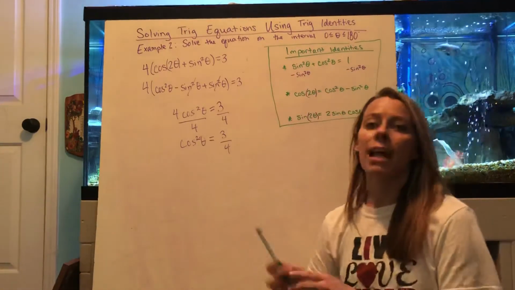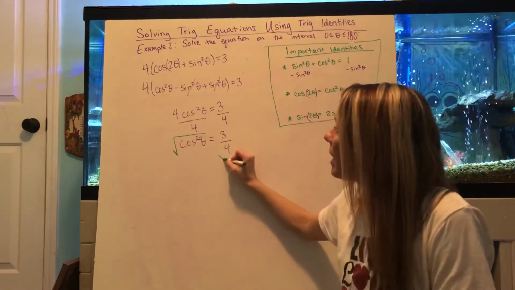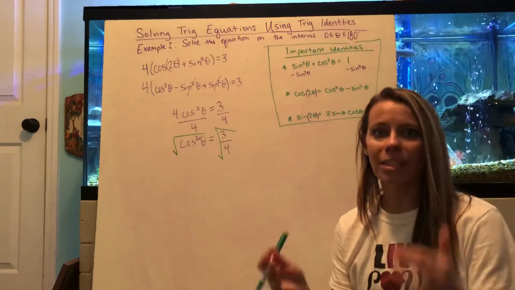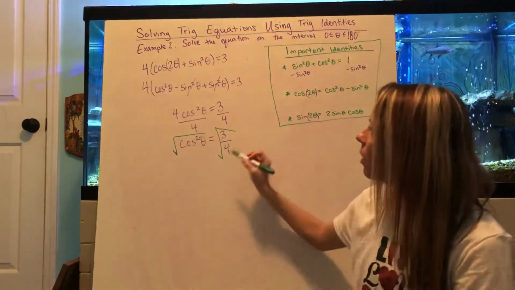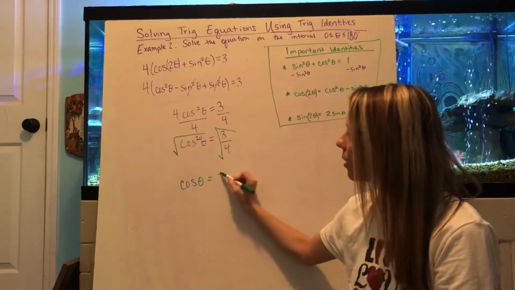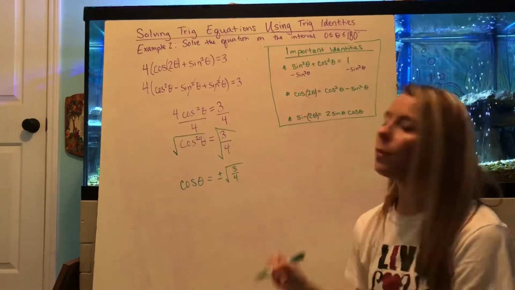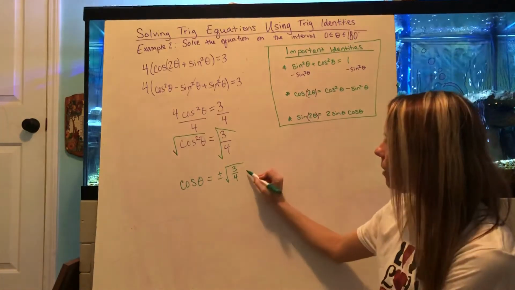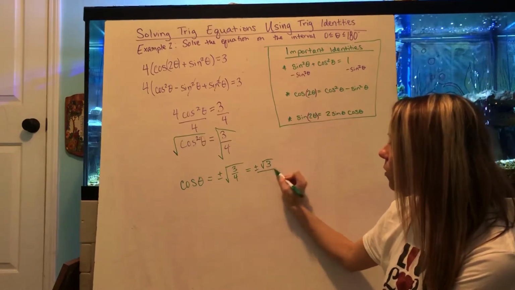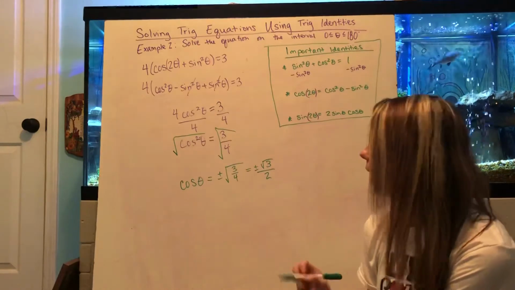From here, since that's squared, we're going to go ahead and take the square root. Be careful because just like in algebra, when you take a square root, it's plus or minus. So cosine theta equals plus or minus the square root of 3 over 4. And we can simplify that. That's the same thing as plus or minus the square root of 3 over 2, which is super nice because